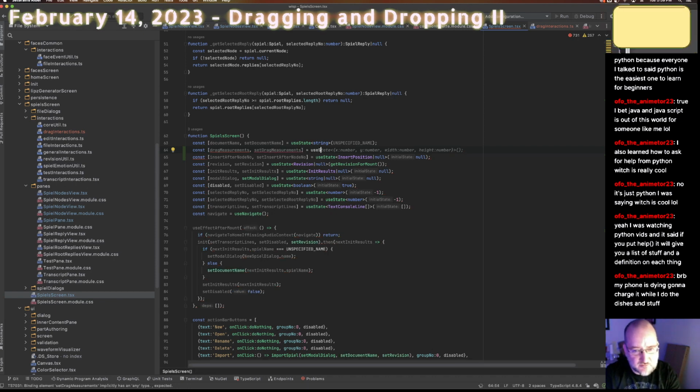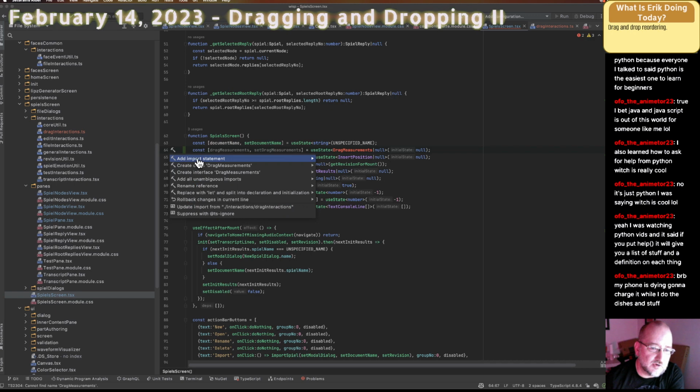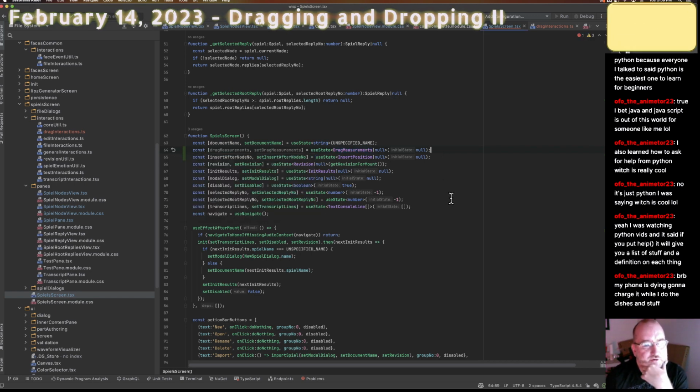It probably would have given a better suggestion if I had imported this to begin with. Hard to prove that, but that's kind of what I'm thinking. Now, I don't need this to be null initially. What I should probably do, no, let's keep it null, and then